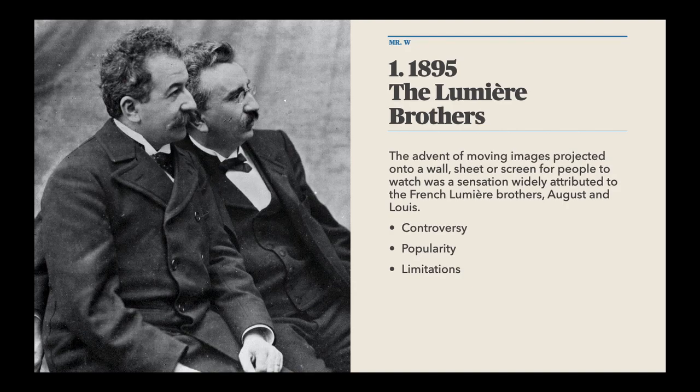The first one is that there's some controversy around that, and there are other people who can lay a claim to having shown a film before. Thomas Edison, quite famously, had a machine which he could show a film, but he could only show it to one person at a time. So really, we're going with the widely accepted idea that the Lumiere brothers were first,